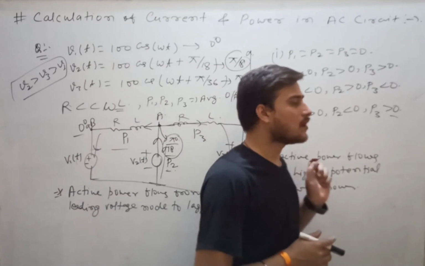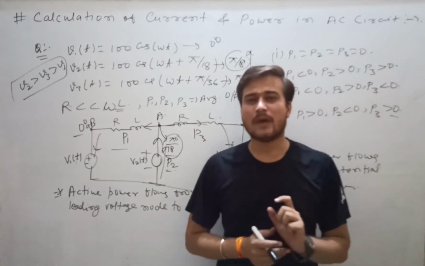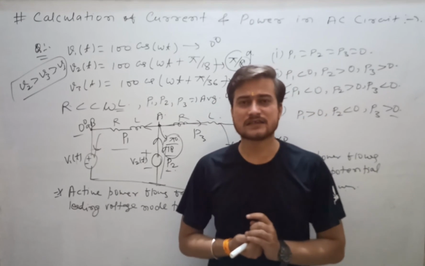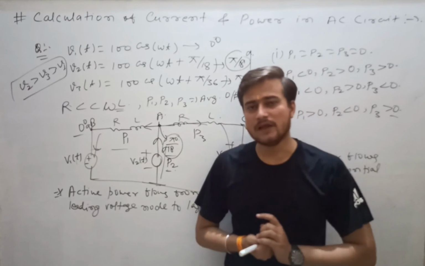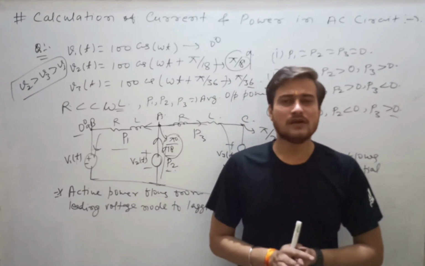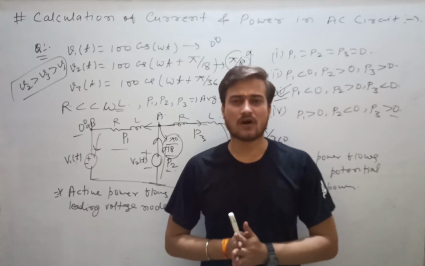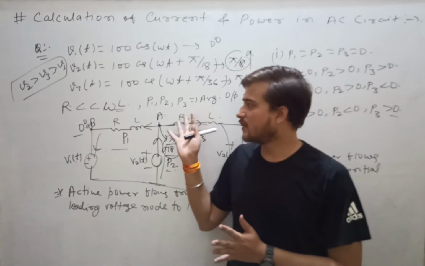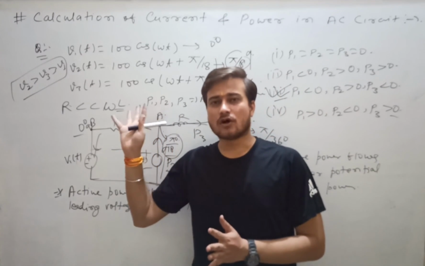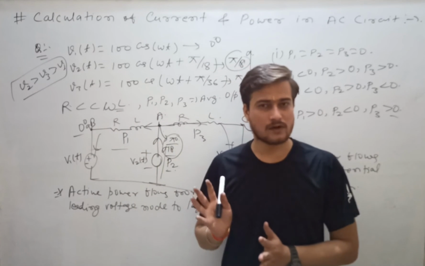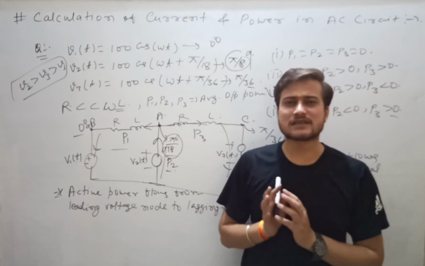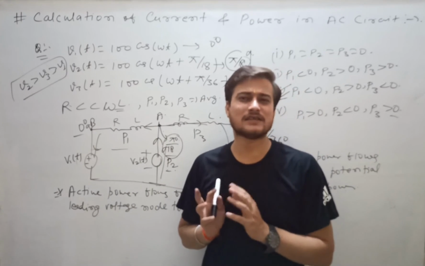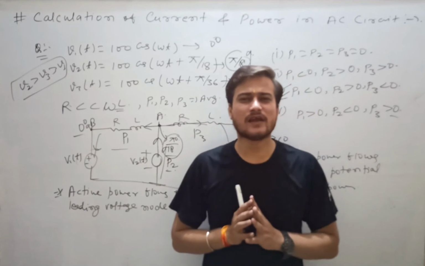Now one more topic is left, that is magnetic coupling in AC circuits. In the next video lecture, I will discuss magnetic coupling, and then we'll discuss three-phase AC circuits or three-phase powers. You have to practice problems like this, and you should always prefer to draw the phasor diagram of currents and voltages. Don't apply formulas like sin(90° − θ) = cos θ, because if you apply these formulas, there is a very high chance that you will get an incorrect answer.